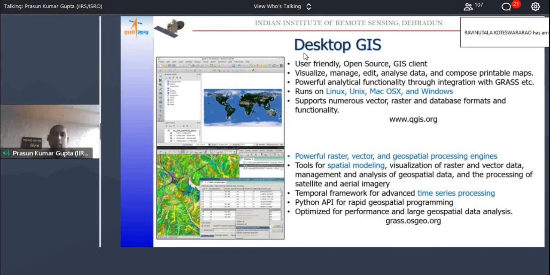So it is not only about adding data and making maps, but the next step is to use it to create some models, find out how nature works, predict how it works, and stuff like that. So spatial modeling, visualization, management of data, processing of satellite and aerial imagery, temporal framework for time series processing, Python API, and high performance software. So these are all good things about GRASS.